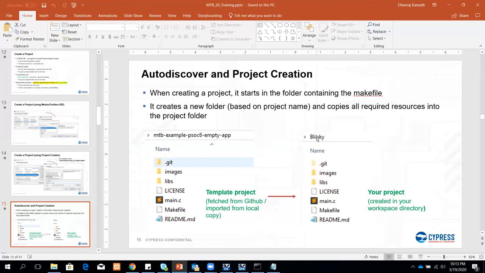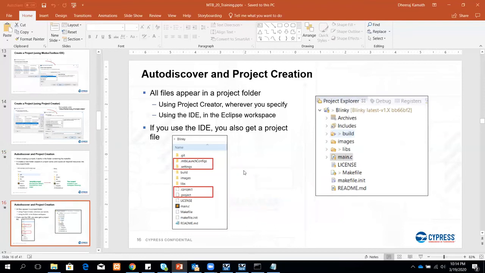The directory which contains the makefile is called the makefile directory, and any folder or files that you put into this directory will all be considered for the build process automatically, unless you say in the makefile that this file should be ignored. So auto discovery in essence means all the files and folders in the makefile directory are considered for the build process. All right.